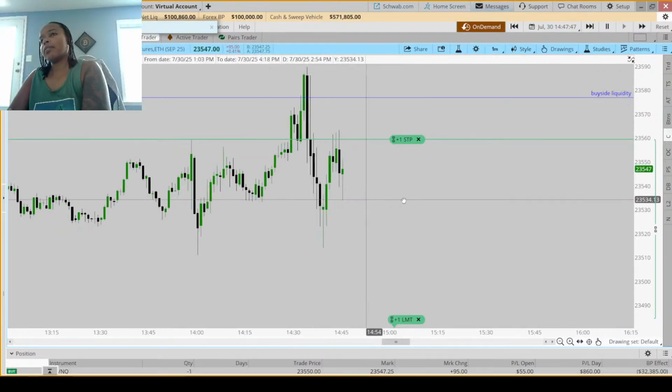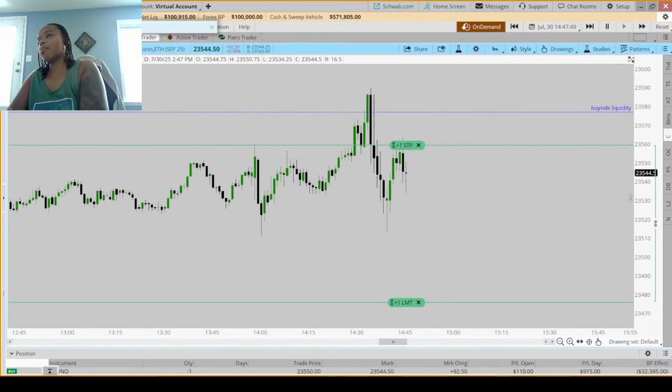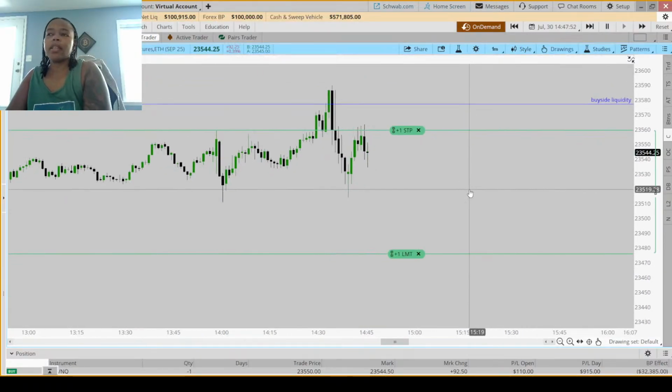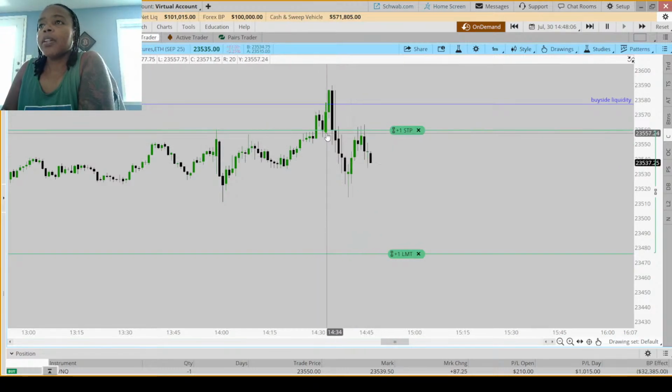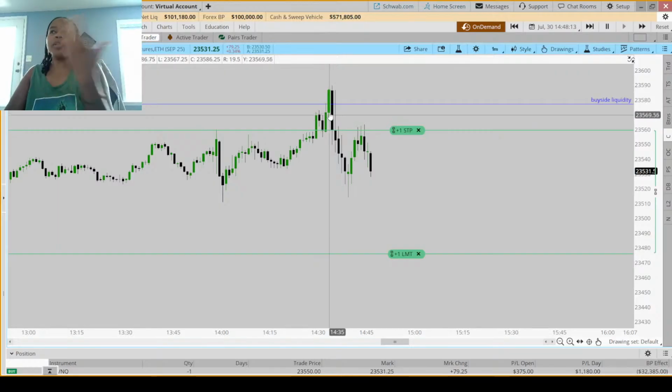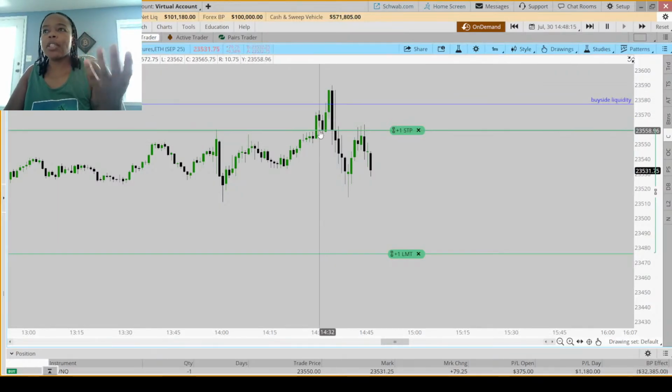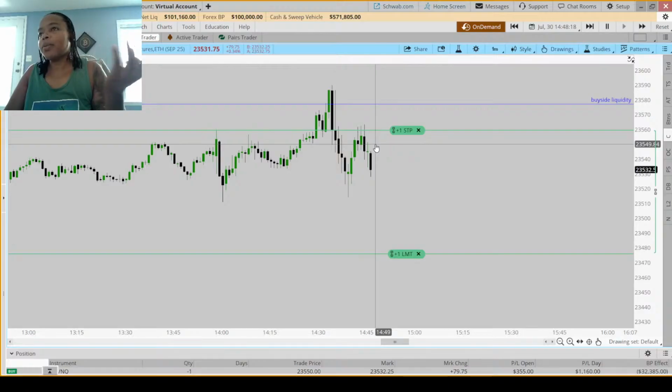Okay, so now I'm in and let's see if we can't get some follow through now. Because on the higher time frame, there was some... Exactly. Stick to the plan. And that's what happens when I'm trying to rush it. I entered at the base of this candle because the other option for the entry was the base of this order block, because you see this big wick up here? There's no need for them to come up to the other one. So I should have just taken the entry here. But because I was scared, I took it here instead.